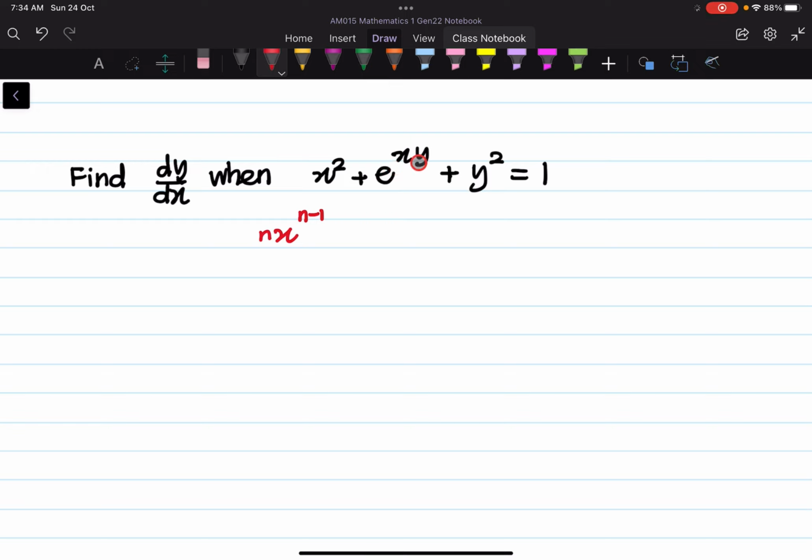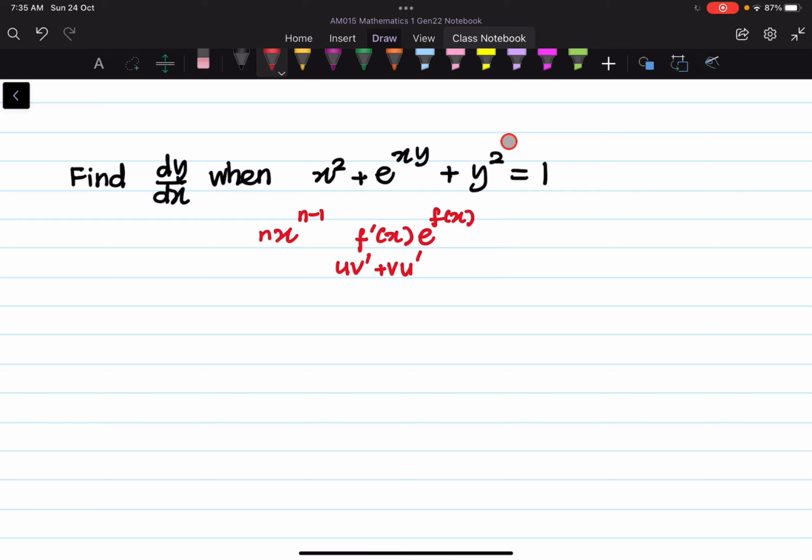For e to the power xy, we're going to use exponential differentiation: we differentiate f prime and copy down e to the power fx. For xy, we're going to use the product rule, where we use u v prime plus v u prime for the f prime. And for y squared, we're going to use